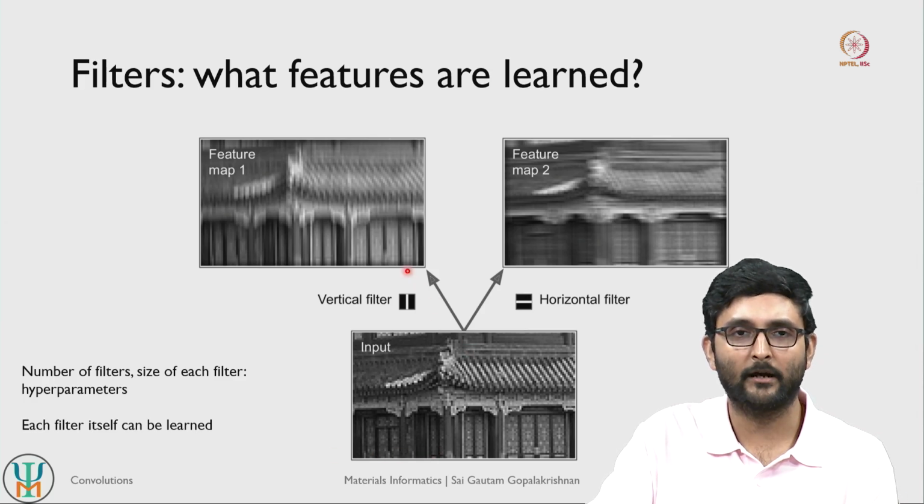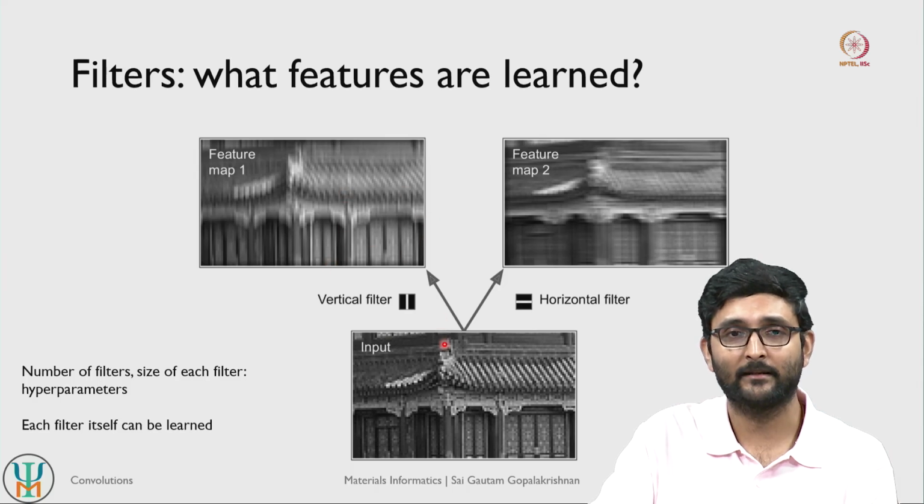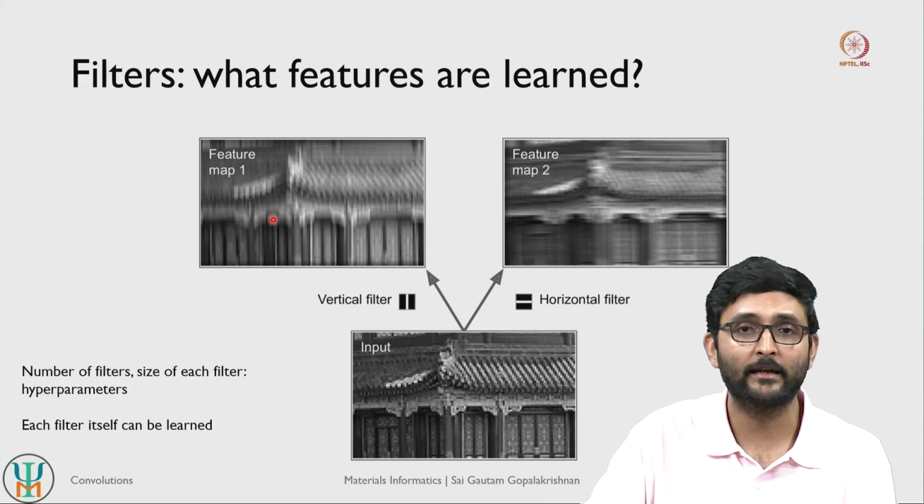If you pass through a filter, you may see that the resultant image, what we refer to as a feature map here, is enhancing all the vertical white lines in this image, right. So all the other features get blurred out. All the horizontal lines or vertical black lines get blurred out, only the vertical white lines get enhanced, right. So this is a way of isolating a certain set of features in a given image.